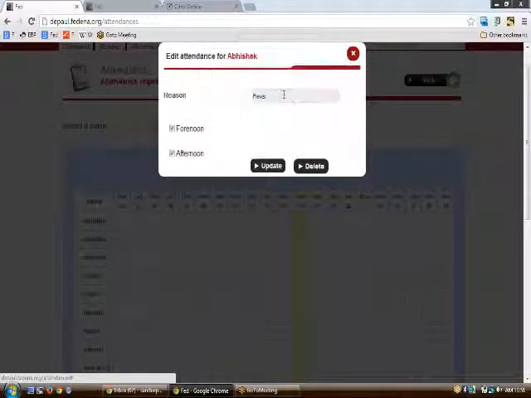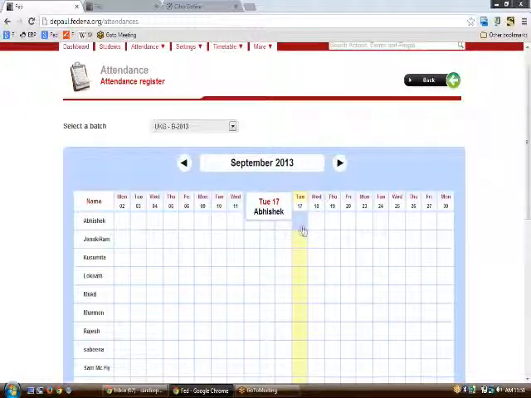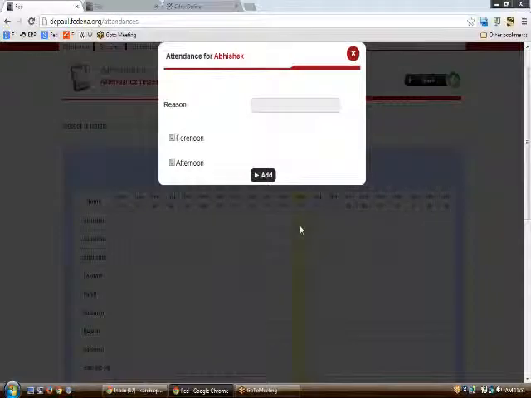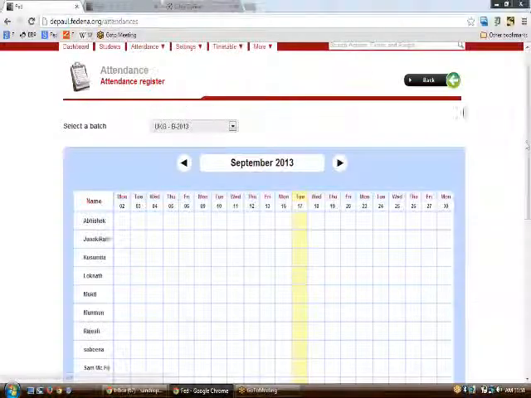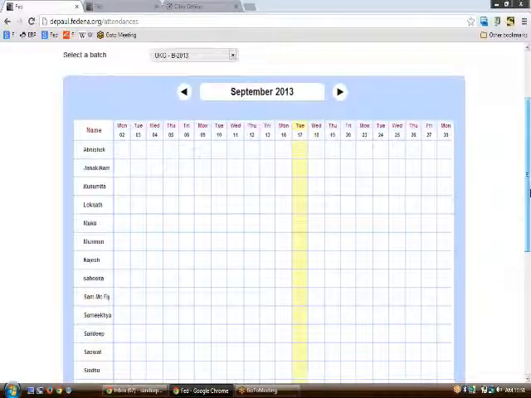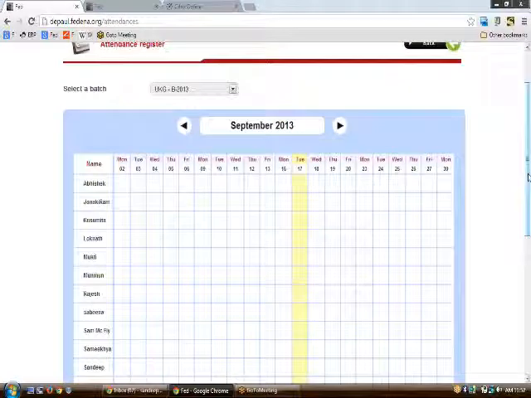Done. So if at a later point of time Abhishek comes late and his attendance is to be changed from absent to present, then you can delete the same. So this was all about how attendance is to be taken in the class in Fedina. But today's date would always be highlighted in yellow, that you can see up here.